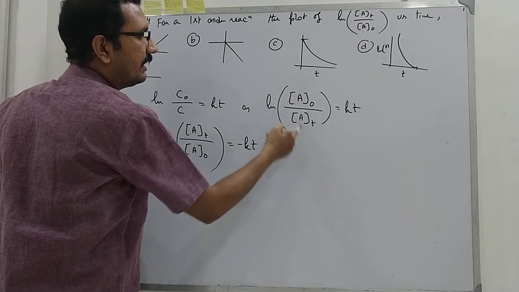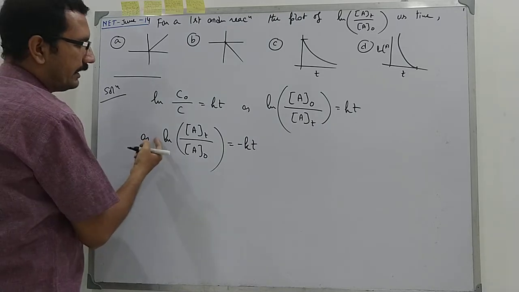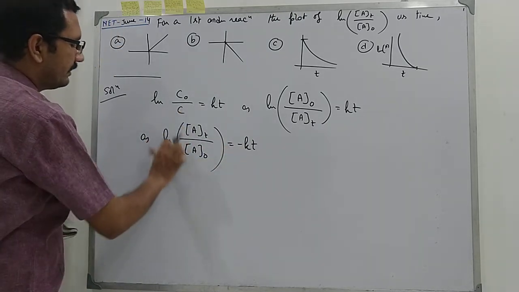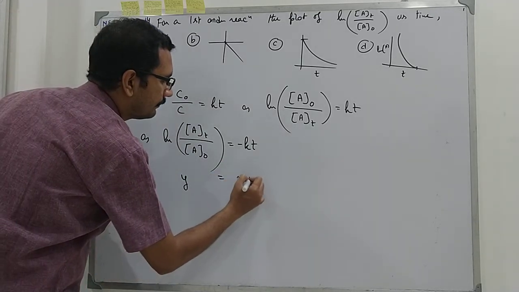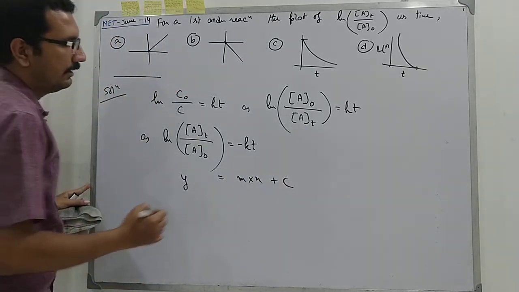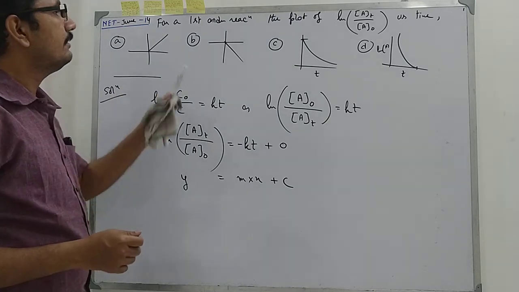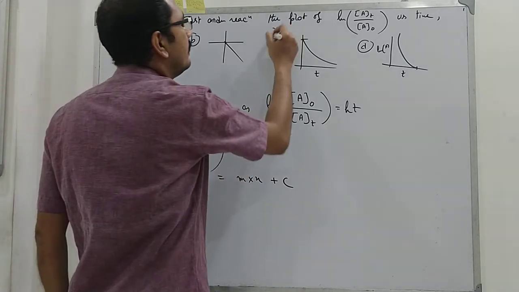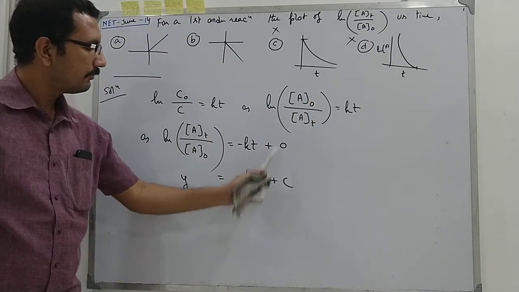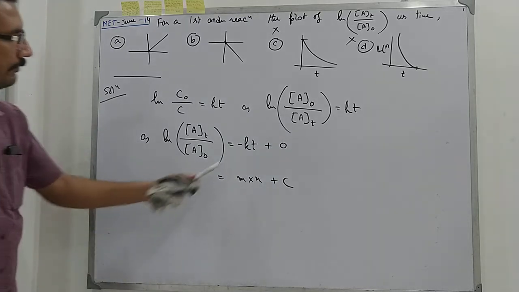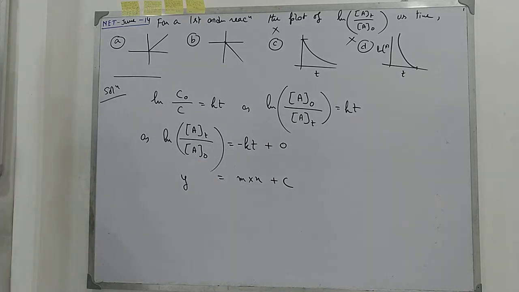If we change the numerator and denominator, then here will be a negative sign. Actually here is the negative sign, we are taking it to the right hand side by multiplying minus 1 on both sides. So this is an equation of a straight line. See, here it is plus 0, so the intercept is 0, so it will pass through origin. Since it is passing through origin, these two cannot be the answer. So C equal to 0, it passes through origin, and it is an equation of a straight line but with a negative slope. See, k is positive and here it is minus, so it will be negative slope.